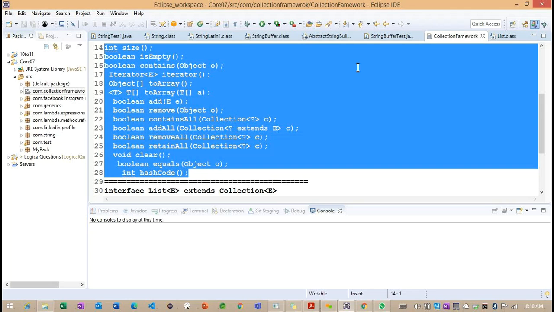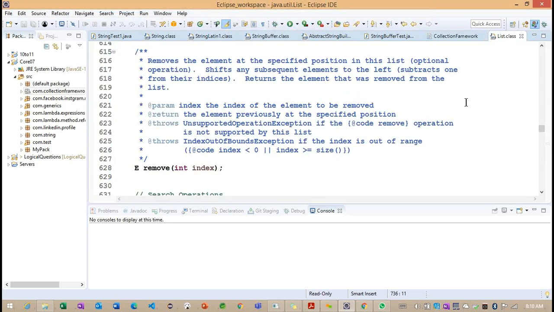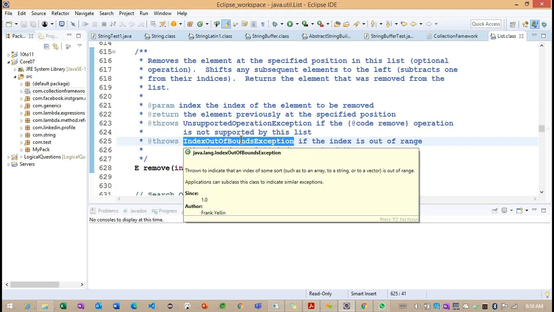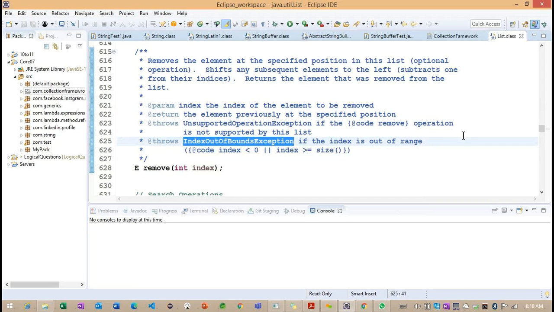Here I want to provide some information. The List interface is going to throw some exceptions, which we already discussed in our exception handling classes. Let me see what exceptions are thrown. Now you can see IndexOutOfBoundsException. In the previous example we discussed StringIndexOutOfBoundsException.